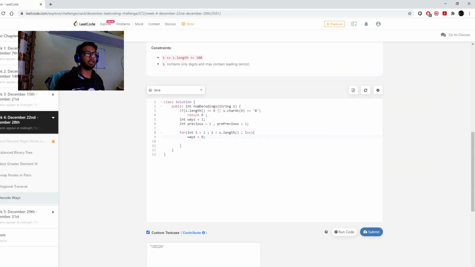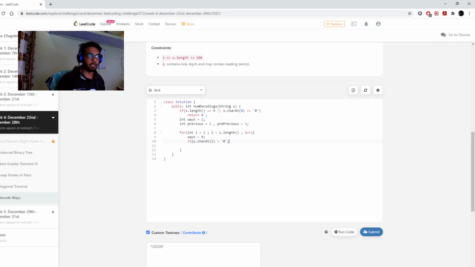So I check if the character that I am currently on, let's call it I, is greater than 0. I mean it is not 0.